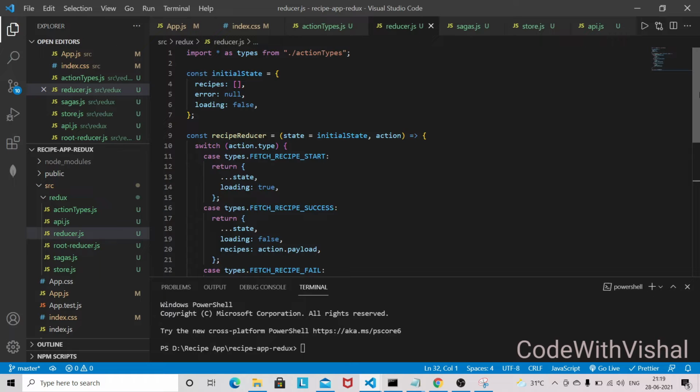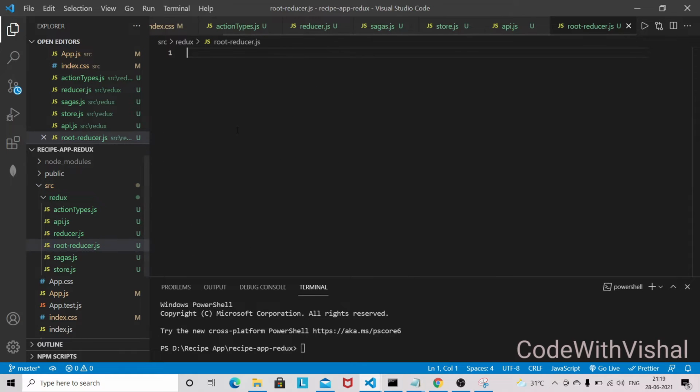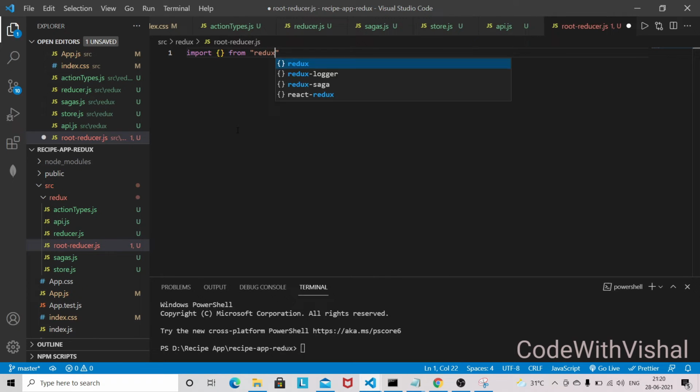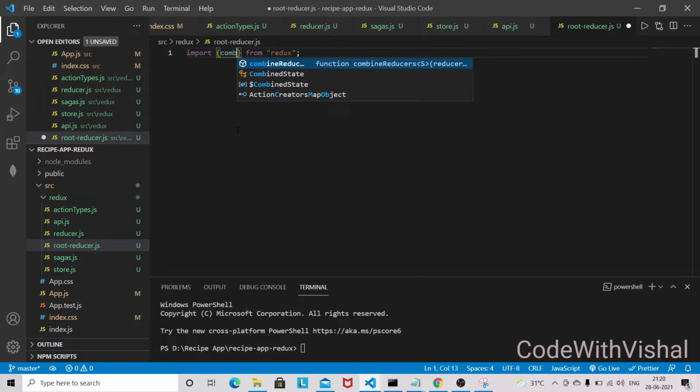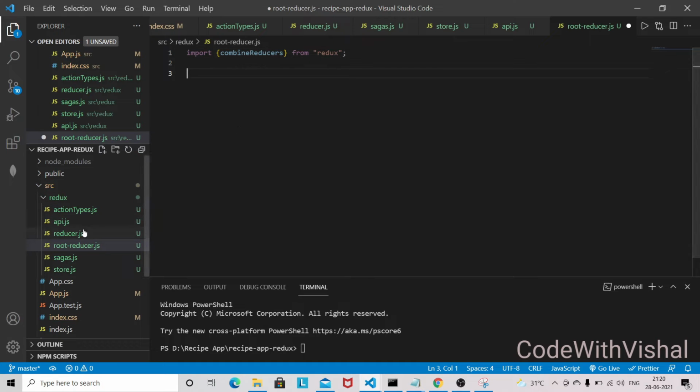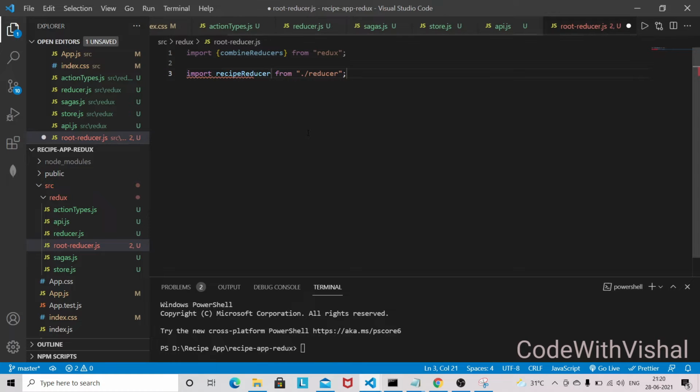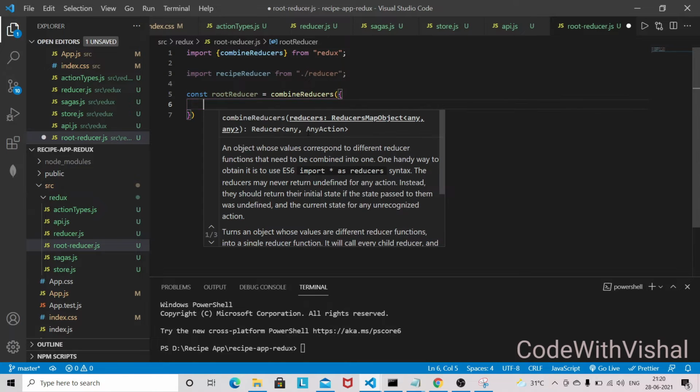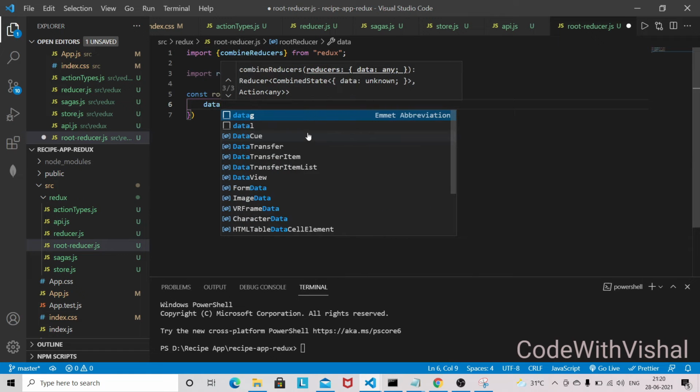So now come to the root reducer. In the root reducer, we need to import combineReducers from Redux, and we also need our reducer. So import recipe reducer, and now we are going to define our root reducer here. So const root reducer is equal to combineReducers, and we are going to access the reducer state using the data key.